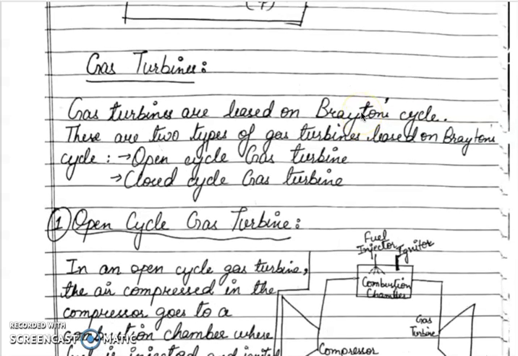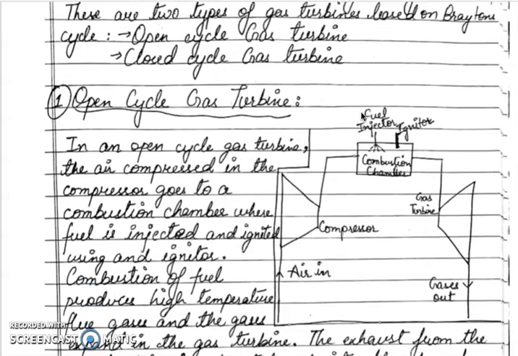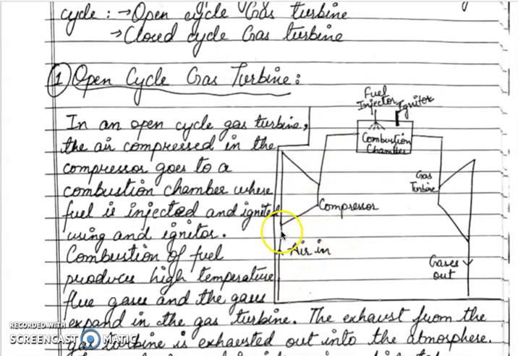So in this video, we will be discussing the two types of gas turbines which are based on Brayton's cycle. They are open cycle gas turbine and closed cycle gas turbine. In an open cycle, what happens is the air is taken from the atmosphere, is compressed in the compressor, then